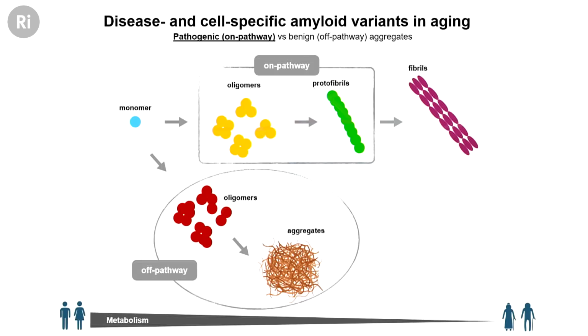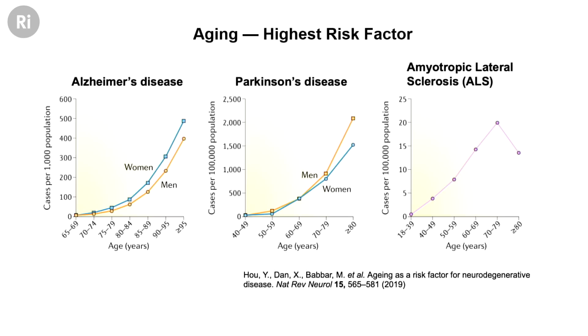And what changes during a person's lifetime is metabolism, due to aging. That is how we combined our observations from the metabolites that modulate protein aggregation with the disruption and changes in metabolism over aging, leading to the onset and progression of protein aggregation, with the small molecule metabolites being the key players. And that brings me to highlight that aging is one of the highest risk factors for neurodegenerative diseases like Alzheimer's,